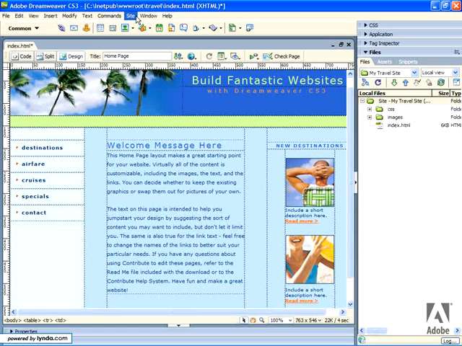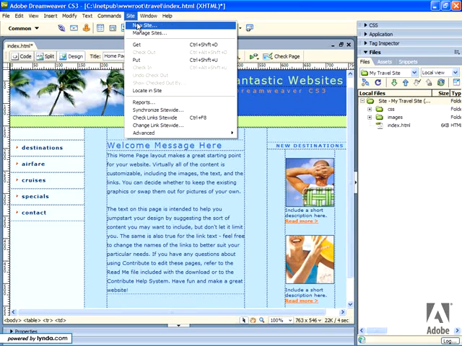Let's take a look at how to define a site in Dreamweaver, some general preferences, and some common panels and tabs you'll be using during your design and development phase. To set up a site in Dreamweaver, we go to the Site menu and click on New Site or Manage